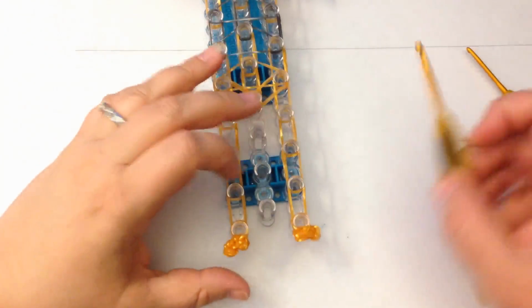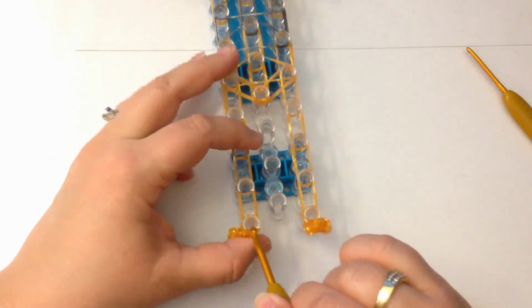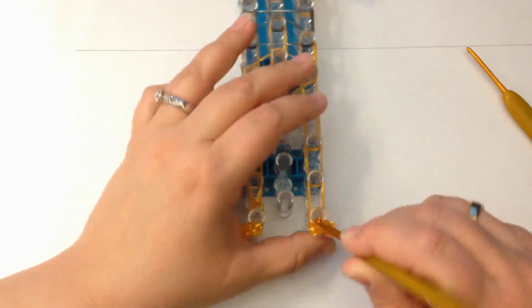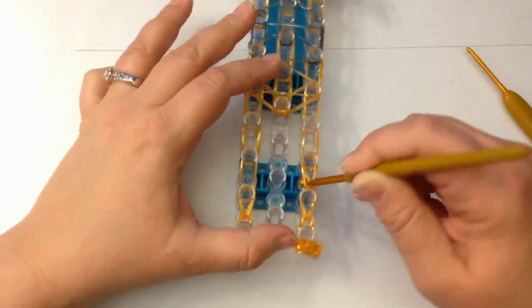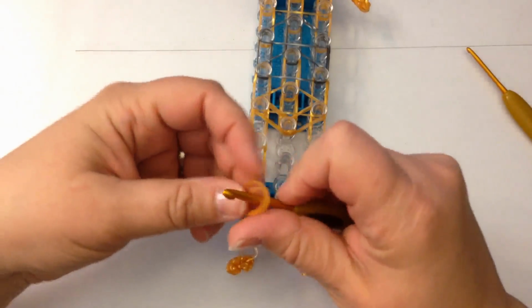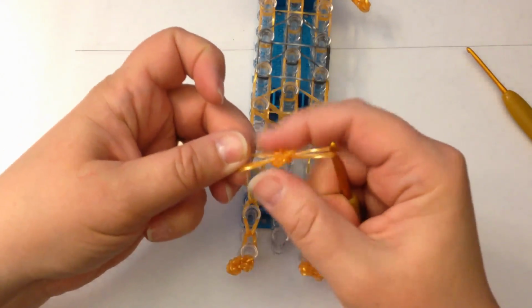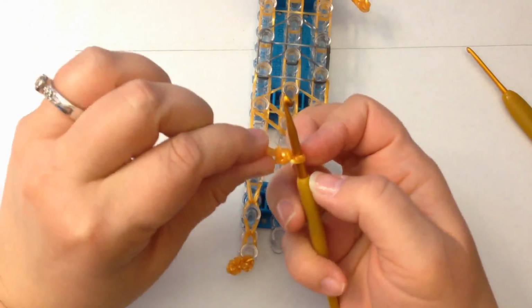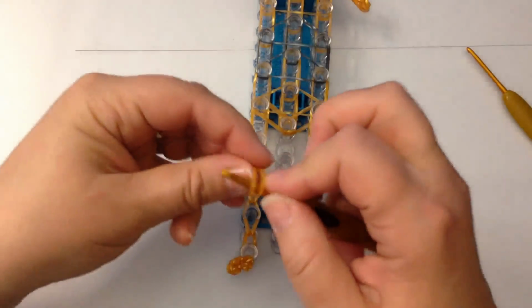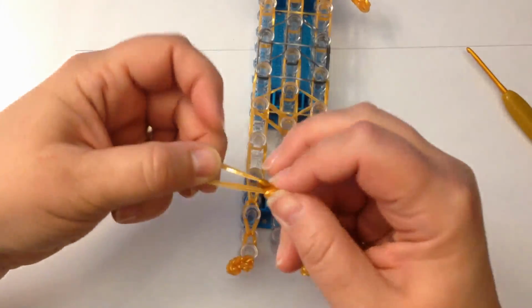Okay, we're going to loop slowly because, as I said, we have things to add. So pull the foot out and grab the 2 bottom bands and loop up. We'll do this on either side, and the next one. Now take 2 bands, wrap once and twice, and slide onto 2 bands. Okay, leave one side off. You're just going to hold it like this. 2 bands, wrap once and twice, slide onto 2 bands,